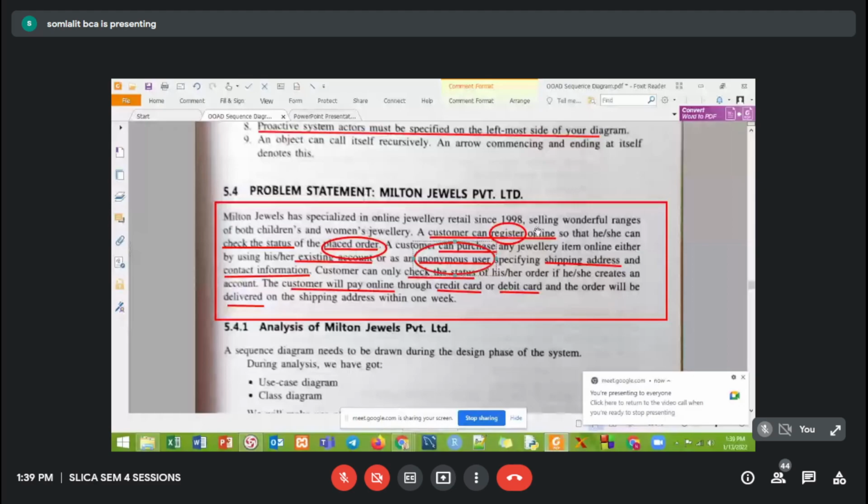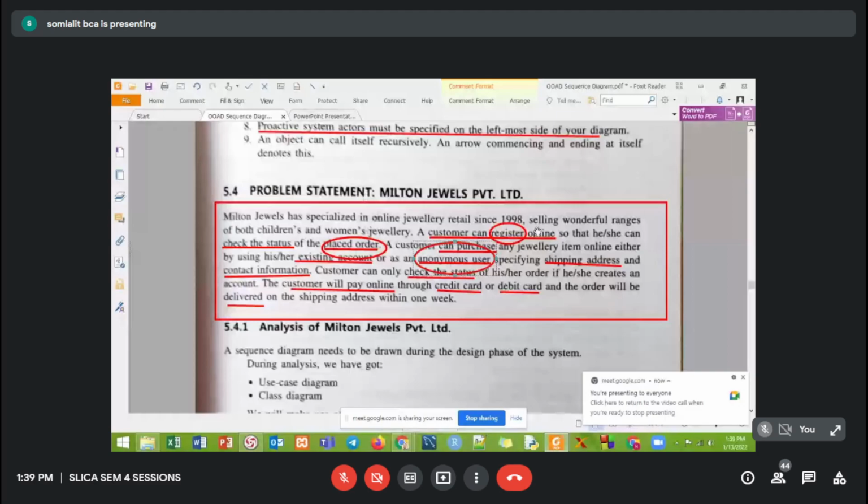Now, once the customer has placed the order, logically the customer may check the status or may not check the status. कुछ पता चल रहा है? Customer may check the status or may not check the status. So include ये extends. Extends.